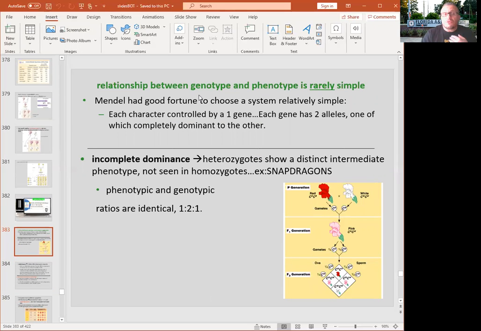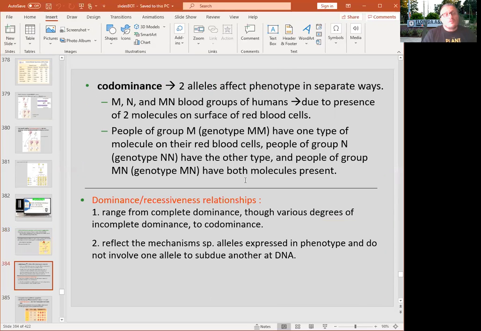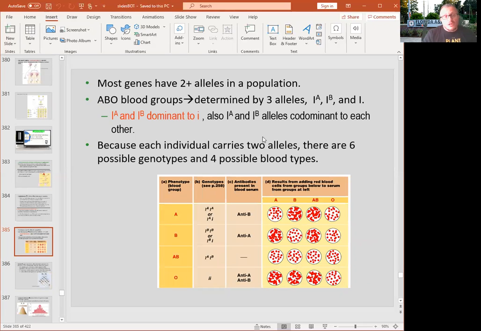Today there are some situations that are non-Mendelian, including incomplete dominance, like in this plant called snapdragons. We see an intermediate color, which is pink, and a 1:2:1 ratio. We also see codominance in blood types. If one parent has A and the other parent has B, we see blood type AB, which is a codominant situation. A is completely dominant to O, B is also completely dominant to O, but A is codominant to